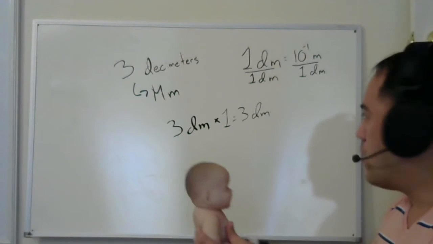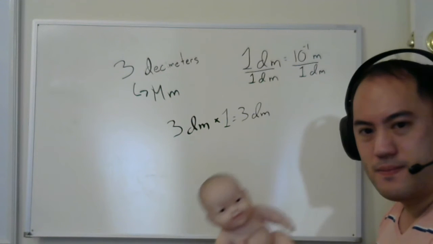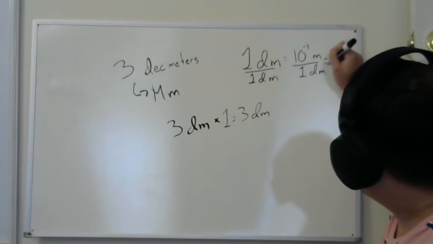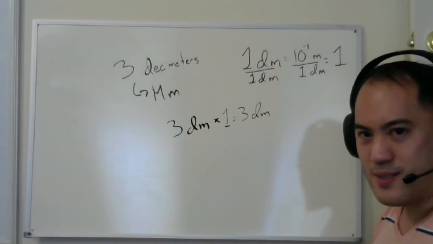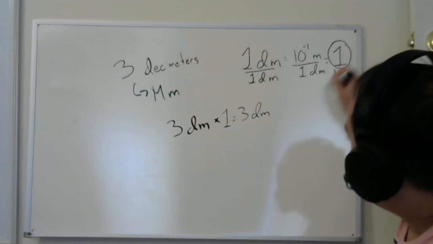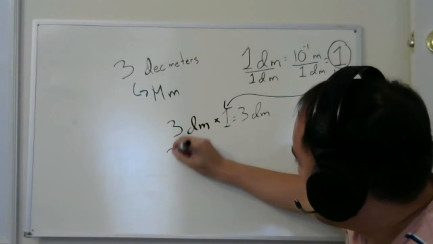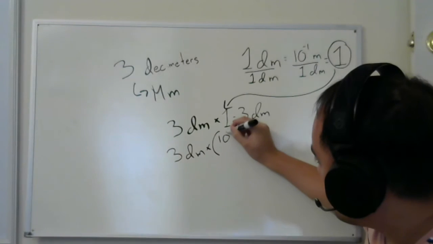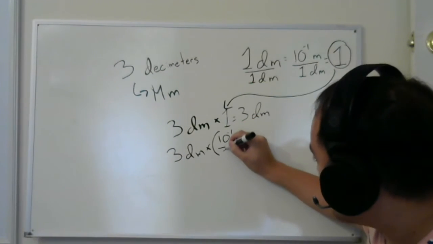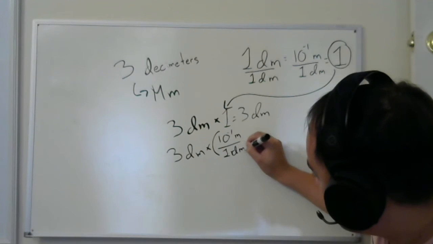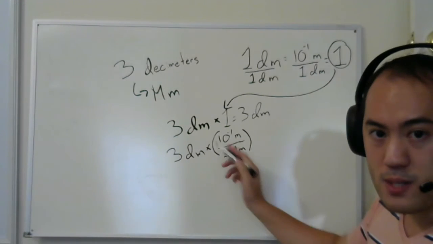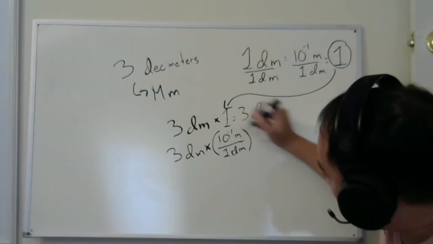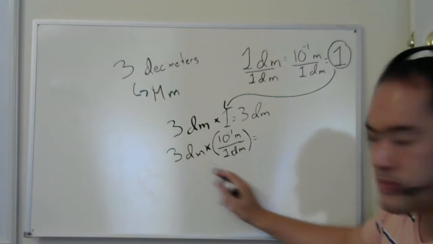What do you get when you divide a number by itself? 1. Why did I ask those stupid questions? Take this 1, plug it in here. 3 decimeters times 10 to the negative 1 meters over 1 decimeter. We are going to get the same answer because when you multiply a number by 1, you get the same value. But it's going to have different units. This is really useful. The decimeters on top and decimeters on the bottom